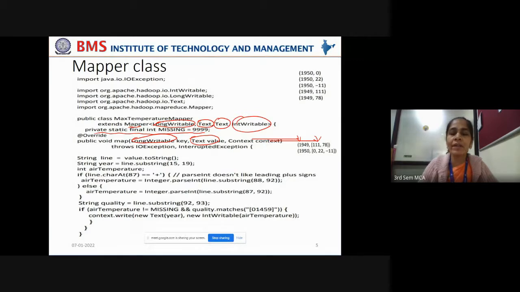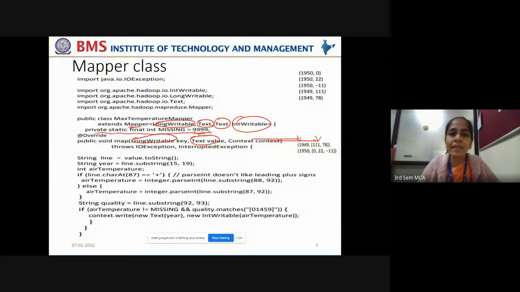If the measurements are captured appropriately, the quality code is indicated by 1. But if not captured properly, it will be indicated by the quality code 9999.